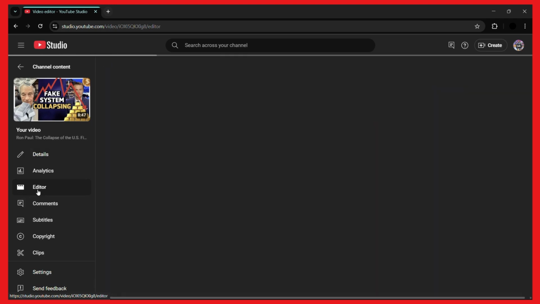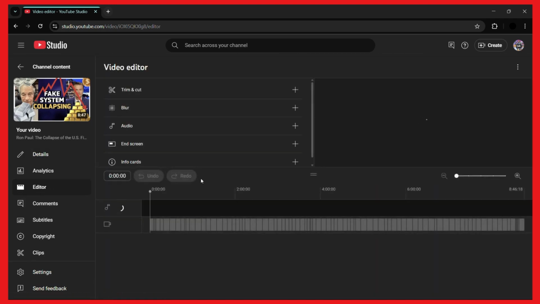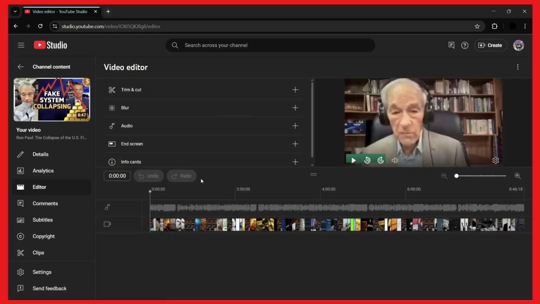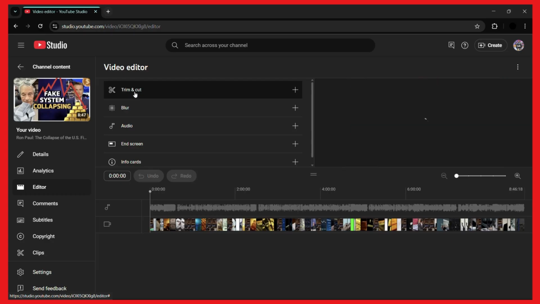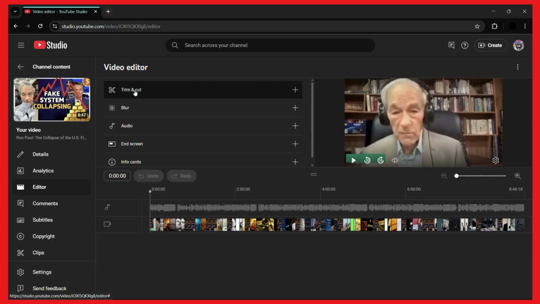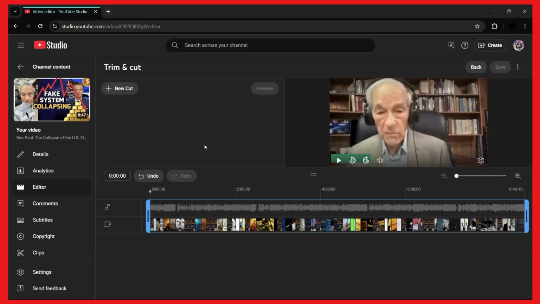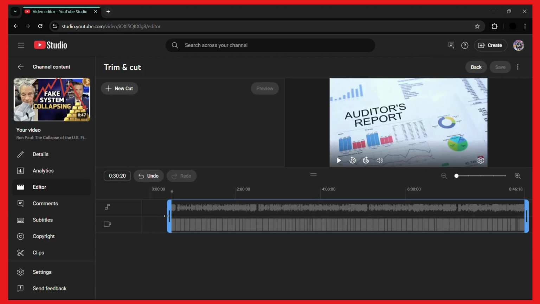So simply click on the editor option, and here you can see that it has opened the built-in YouTube editor for this purpose. And at the top you can see this option of trim and cut. So this is the option or the feature that we're going to use in order to trim or cut this video. So simply choose this,